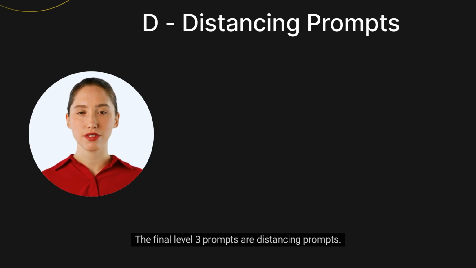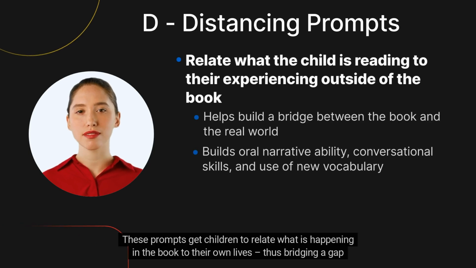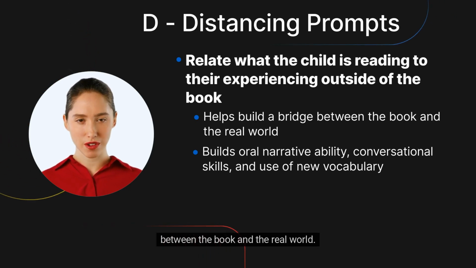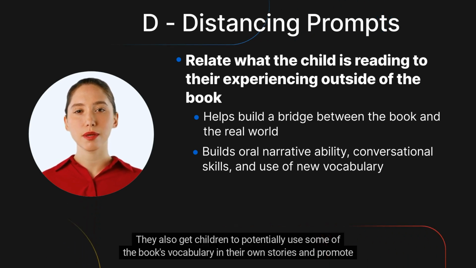The final Level 3 prompts are distancing prompts. These prompts get children to relate what is happening in the book to their own lives, thus bridging a gap between the book and the real world. They also get children to potentially use some of the book's vocabulary in their own stories and promote their ability